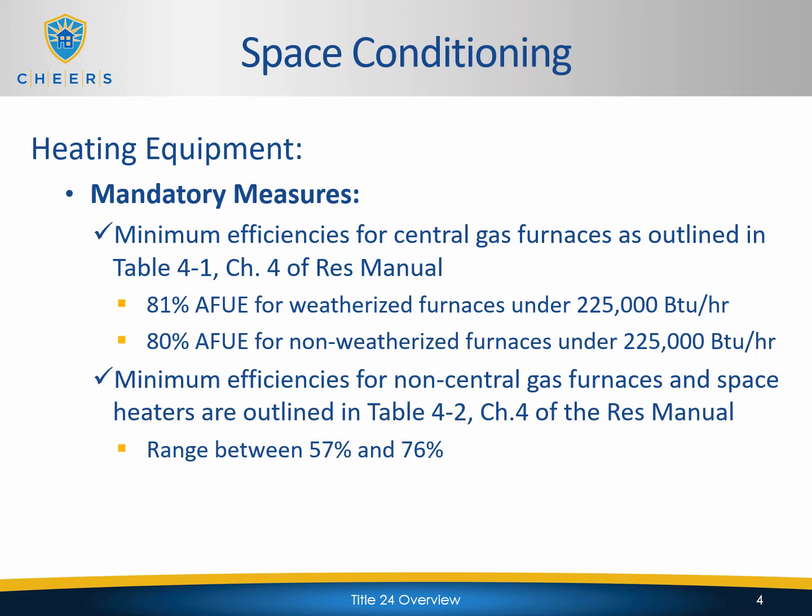So there are minimum efficiencies required for central gas furnaces. Those will be outlined in Table 4-1 of Chapter 4 of the Residential Manual. Now, Chapter 4 is the HVAC chapter for the Res Manual. We're going to reference many different tables as we go through. So anytime you need a value, because we're only going to list some of the more common ones that you'd find in residential construction, but there are many others, go to this table and it will have the full list